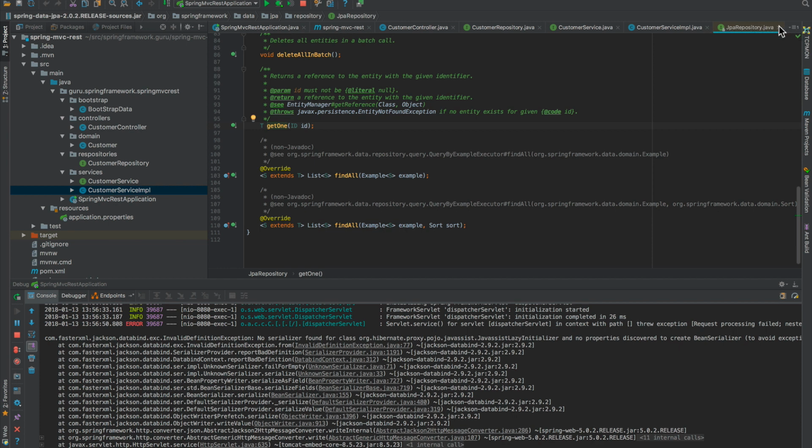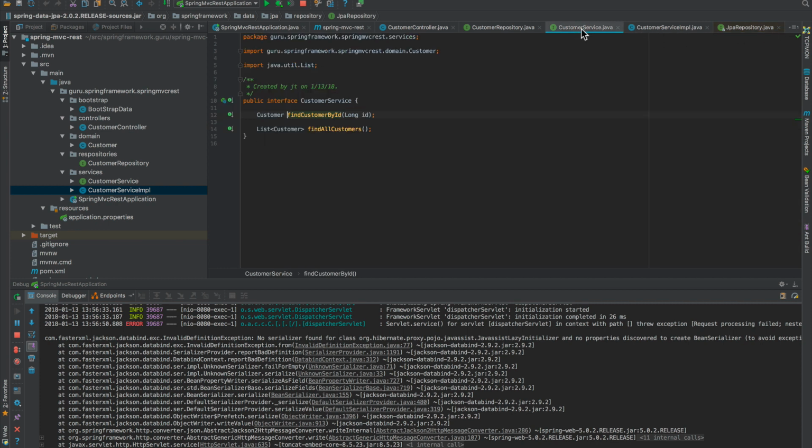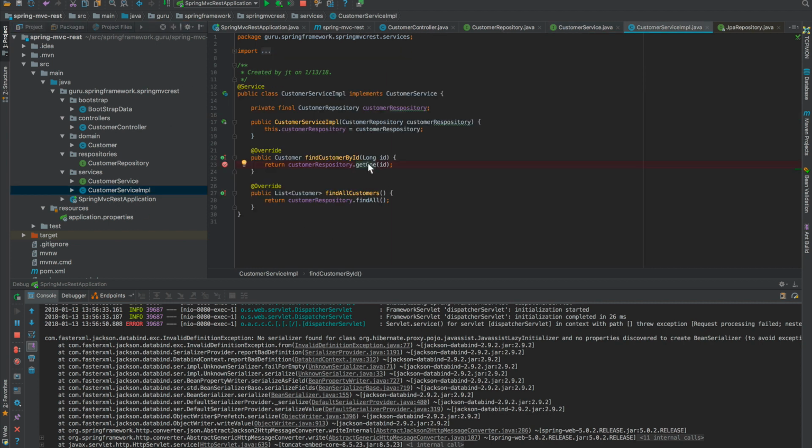So Hibernate does a lot of lazy initialization, which is really cool. So things aren't pulled out of the database until they're needed. In this case, that's what's happening, but I'm getting outside of the Hibernate context. And that's bad because we don't want that. But I do want to get that object, and the proper thing to do, and this is a mistake on my part when I wrote this, is rather than get one, I want to do